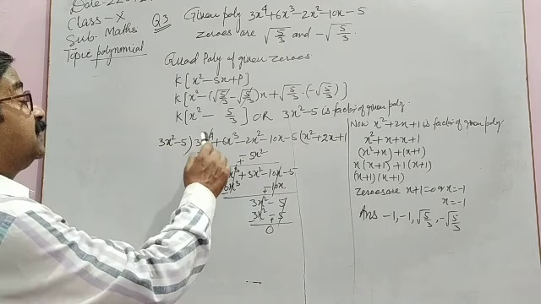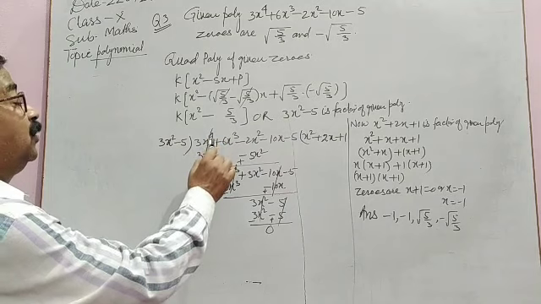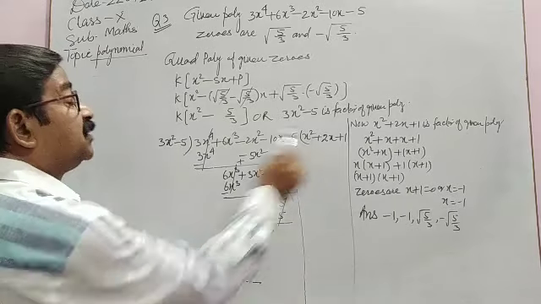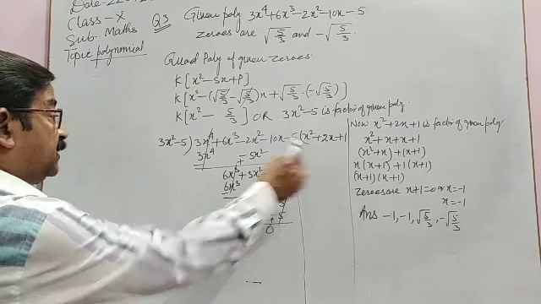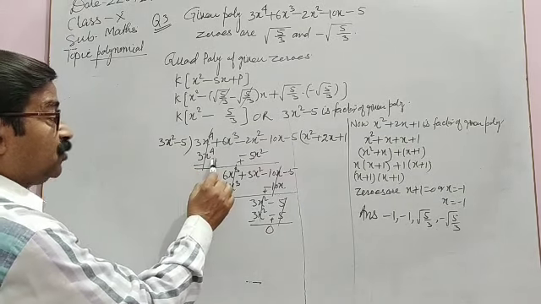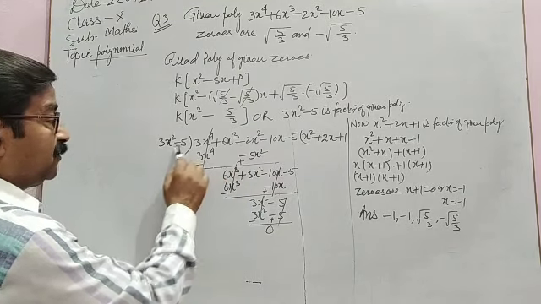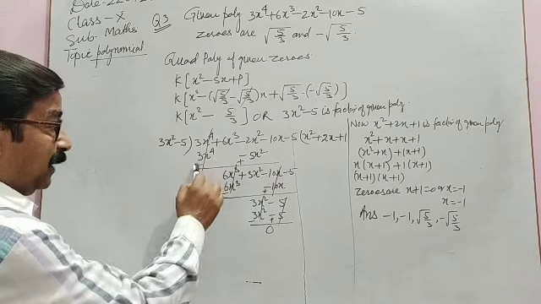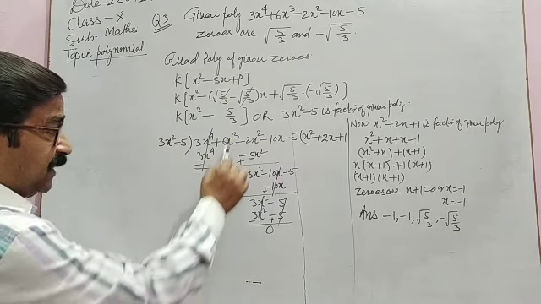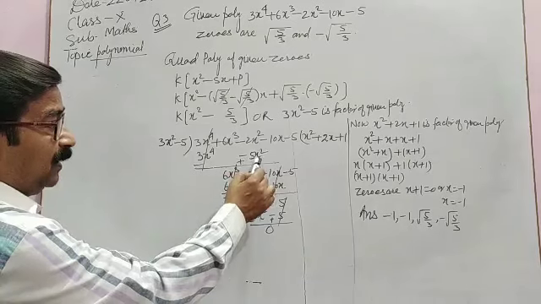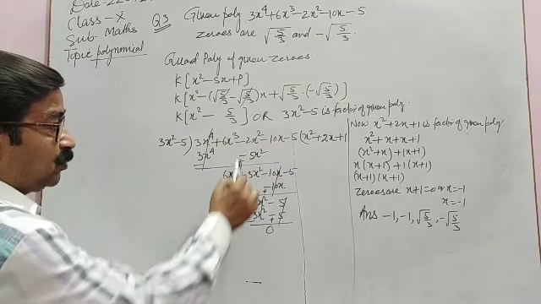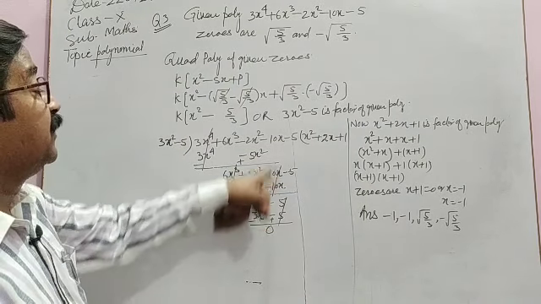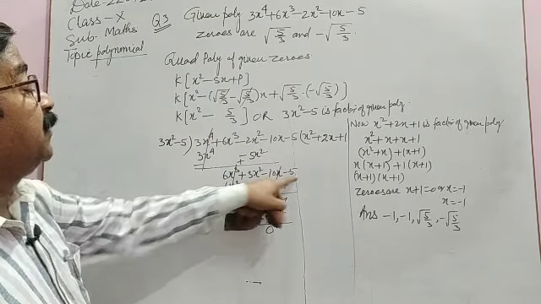What we have done? See, its degree is 4 and divisor's degree is 2, means we can divide it by x square times. So multiply this x square into 3x square, we have 3x to the power 4, x square into minus 5, minus 5x square. Change the sign, minus and plus, this will go, 6x cube left behind, and 5x square minus 2x square is what? 3x square, and other terms we can write minus 10x minus 5.